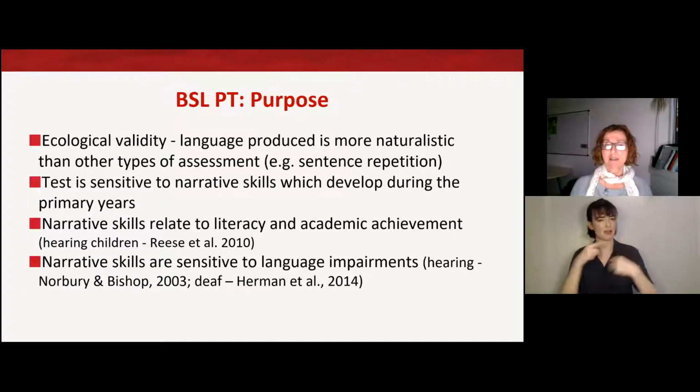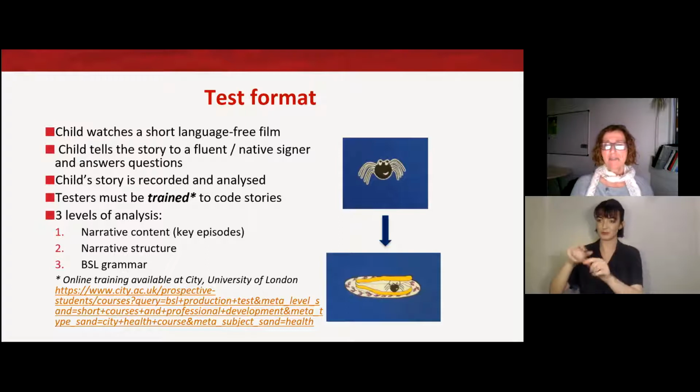So it's a very good way to look at children who do have language impairments in a sign language by using a narrative test. So the test format, as I mentioned, is where children watch a short video, they tell the story, and they answer some questions. And the story is analysed on a range of levels. You need to be a trained tester to carry out this test, and there is online training now